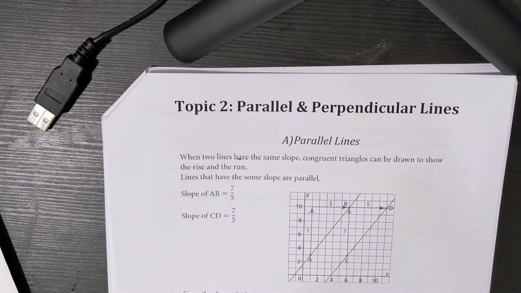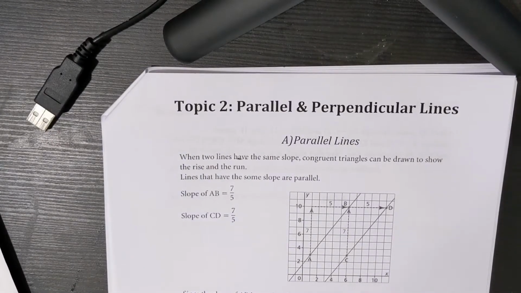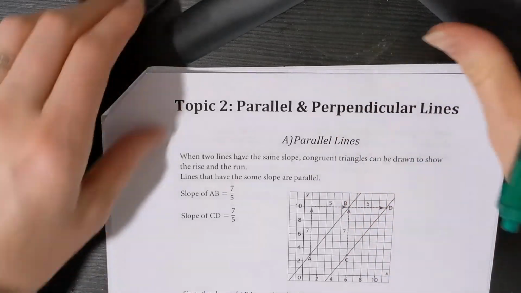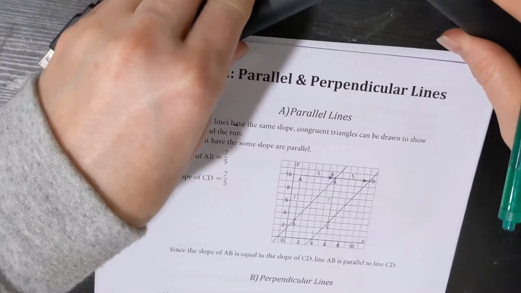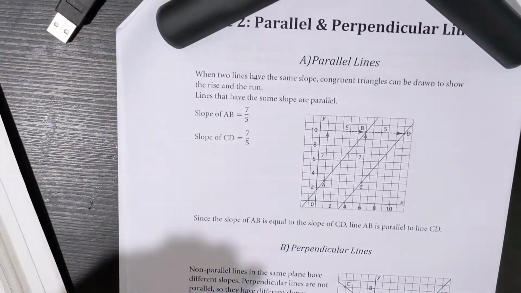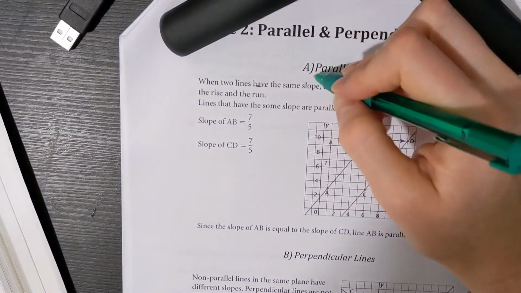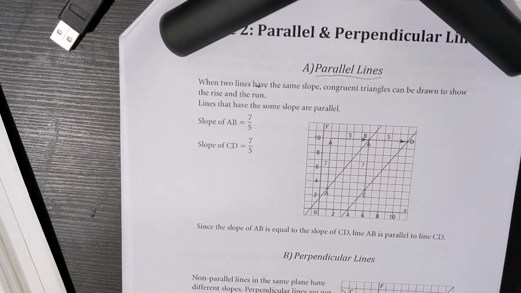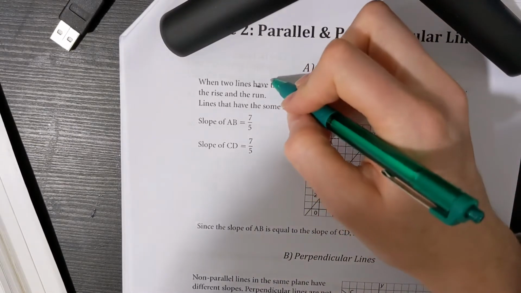Alrighty guys, topic 2 for linear functions is parallel and perpendicular lines. So we're talking about slope some more, but we're going to talk about it in reference to parallel and perpendicular lines. So starting with parallel, parallel lines are obviously lines that run straight beside each other like train tracks. You've talked about them before in math. When two lines have the exact same slope,